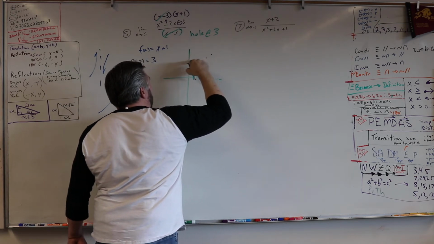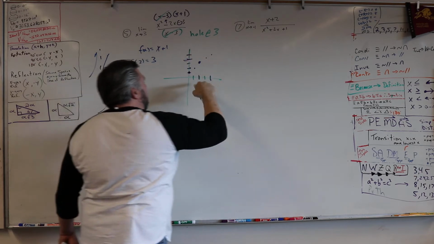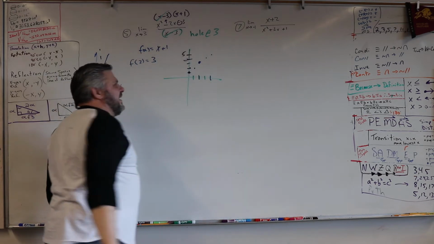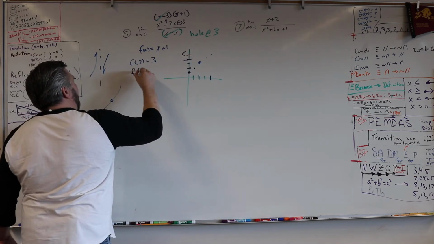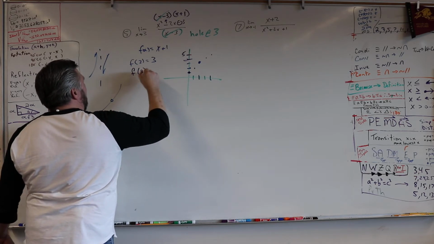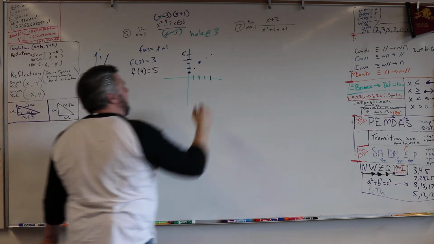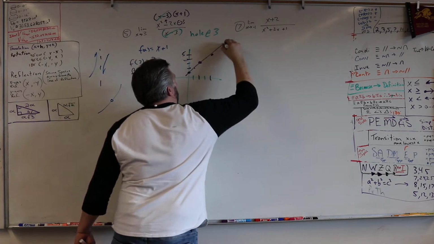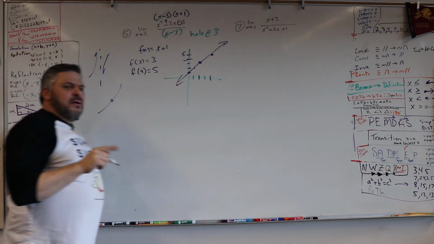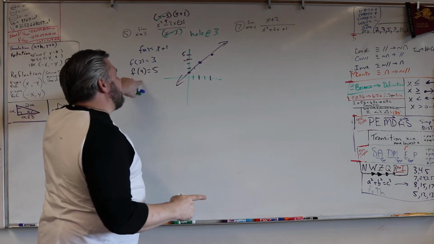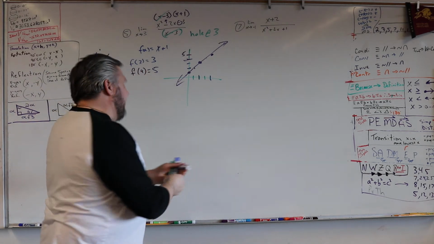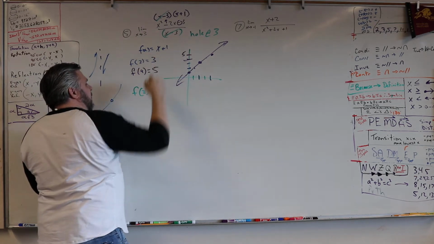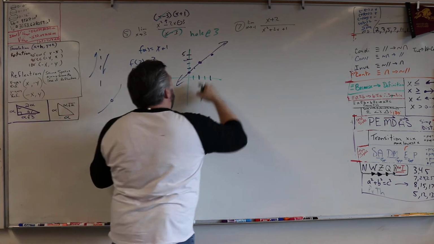So if that's true, by the time we get over to here, we should be up 2, so we should be at 5. Is that right? So let's plug it in. f of 4 equals 4 plus 1, and oh shoot, it's 5. Look at that. So we've got this line going on here, but what happens at 3? Well, what is f of 3? What's 3 plus 1? 4. So at 4,